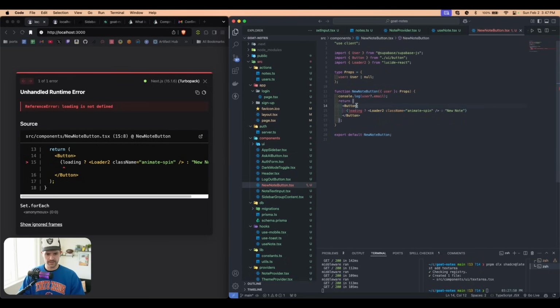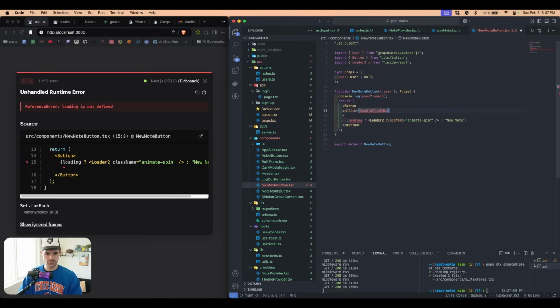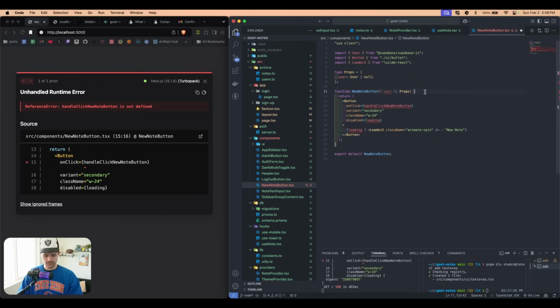And then also in this button, we're going to add an onClick, and we're going to have a function called handleClickNewNoteButton. And then we're going to say variant of secondary, a className of w-24. And this is going to be disabled when it's loading. So now we need to write this function, but first,